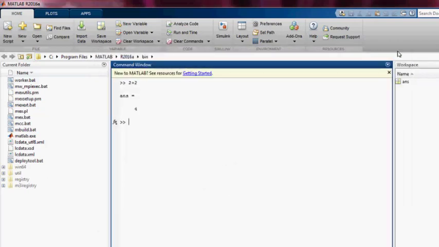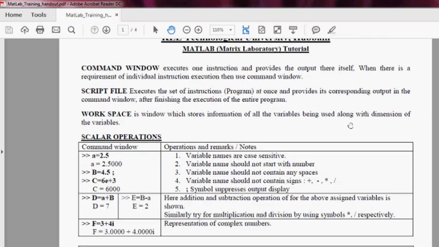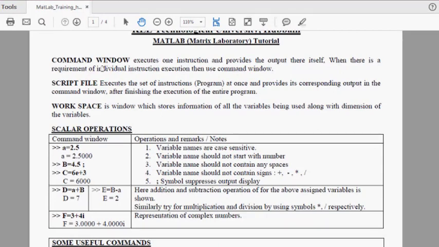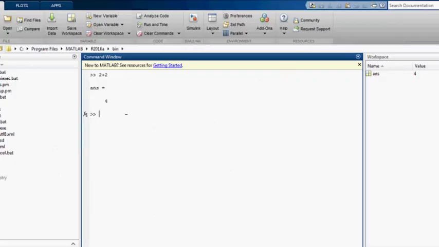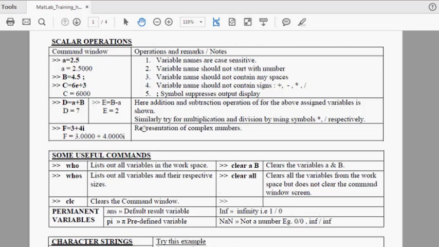Now, for a simplistic case, to have faster learning, what we have done at our lab is created a small document which does all the things that have been there in the help. For example, the basic things are command window, workspace, and current folder. Apart from this, we have also talked about script file, which we will be talking about later. So let us start with initial operations.